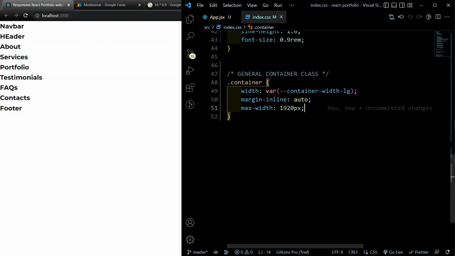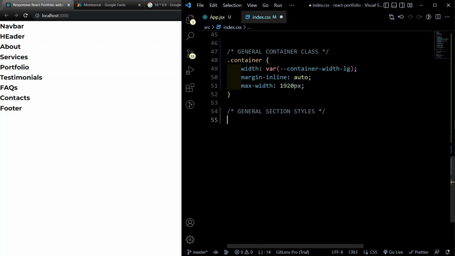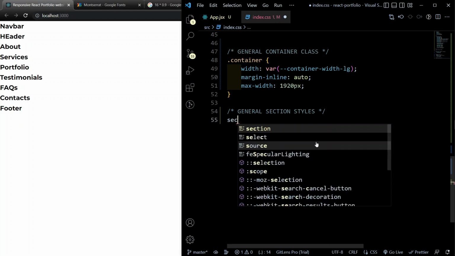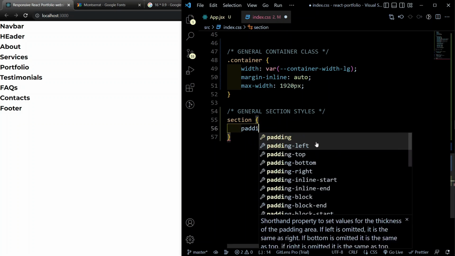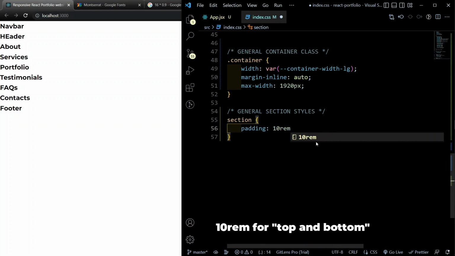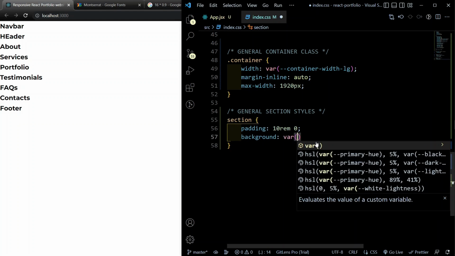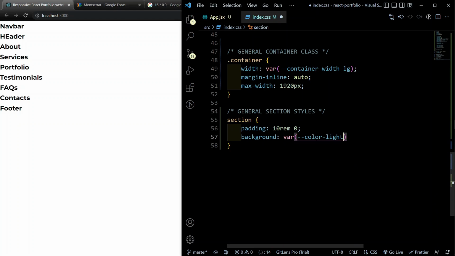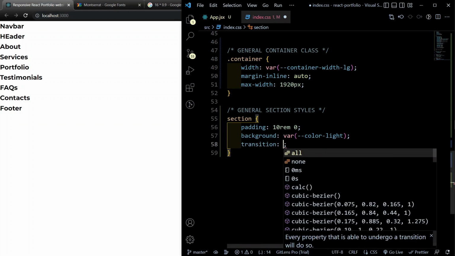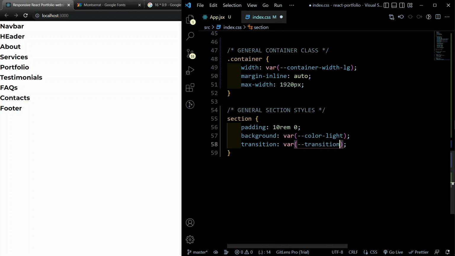Perfect. Now I'm going to copy this comment, and we are going to have some more styles here, and this is going to be for the sections. So all the sections on the page are going to have this style. Let's select all the sections and give them a padding of 10 rem for the top and 0 for the left and right. We are going to give them a background of the color light, which is up top,